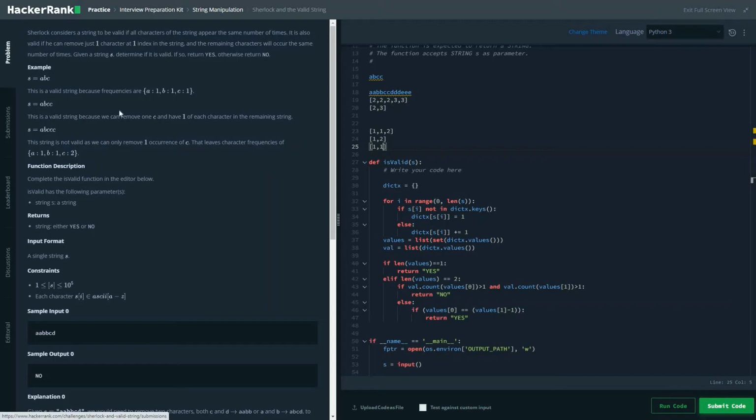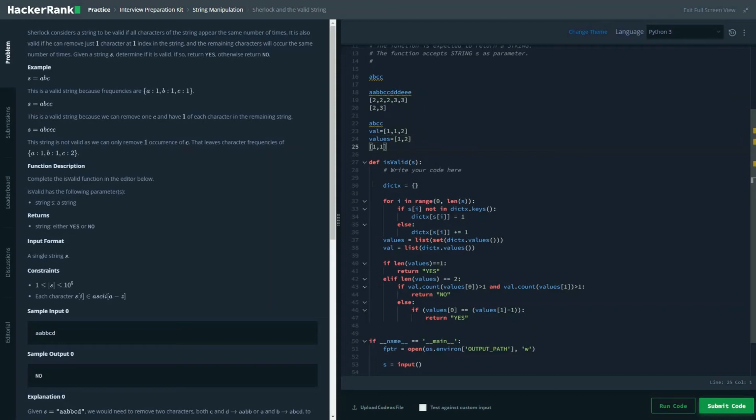For example, in ABCC, let's write this string here. This val function basically contains the list of all the occurrences of all the elements. Values would contain the set of that function.